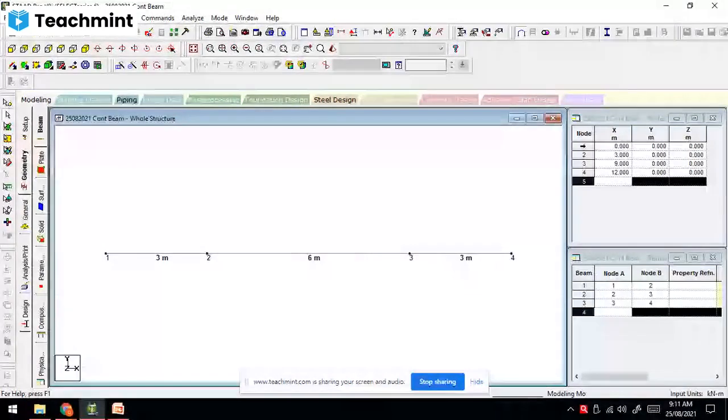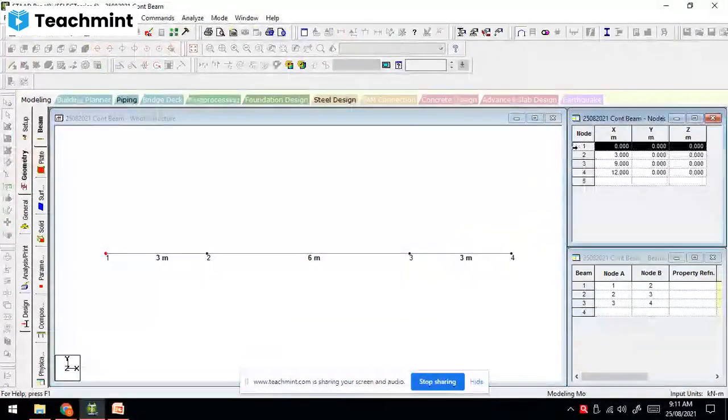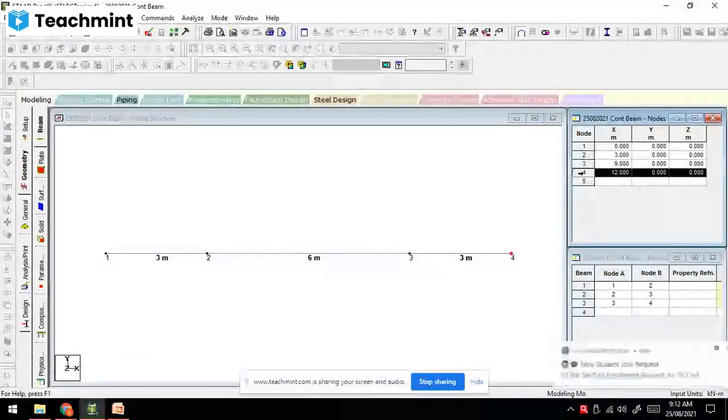So you can see node 1 is at 0, 0, 0 ordinate, then node 2 has x as 3, y as 0, z also 0, then the third is at a distance of 9 meter and the fourth is at a distance of 12 meter. You can see on the screen there is a red color on that particular node.